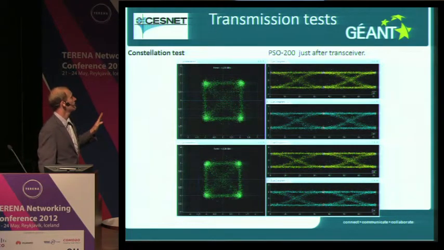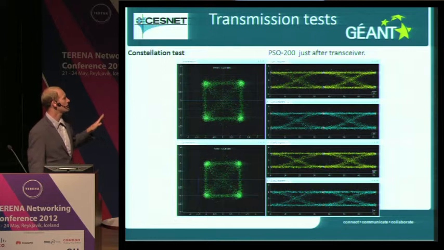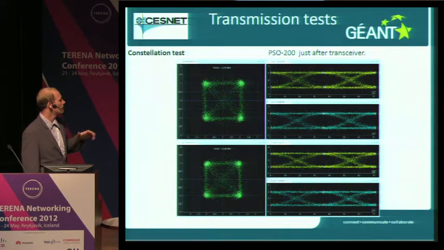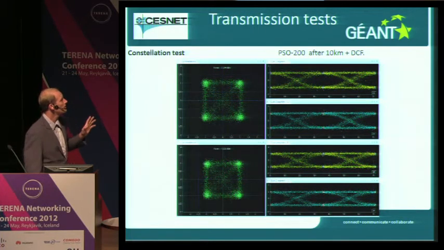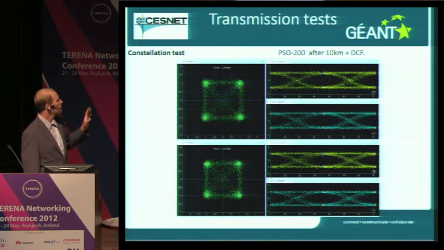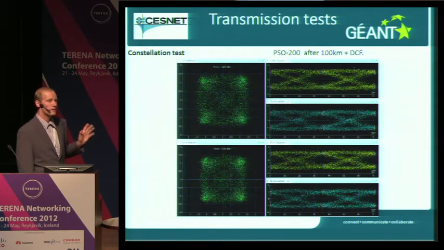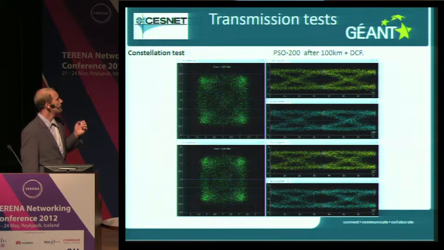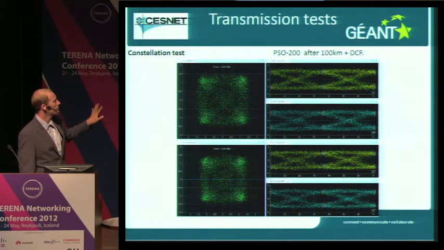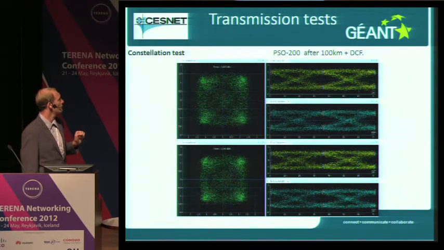This picture you will get when you connect the modulation analyzer just after the 100G transceiver. If you put there some 10 kilometers of fiber and add some dispersion compensation, you will receive almost the same picture. But once you prolong the transmission line to 100 kilometers, and put there some amplifiers to overcome such a distance, and also some dispersion compensation, then you will see that the picture gets blurred. This is caused by the spontaneous emission, the noise from the amplifiers.